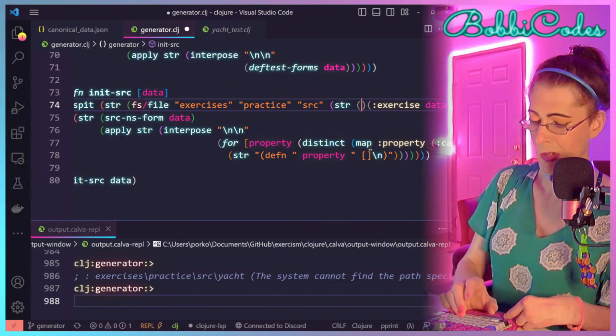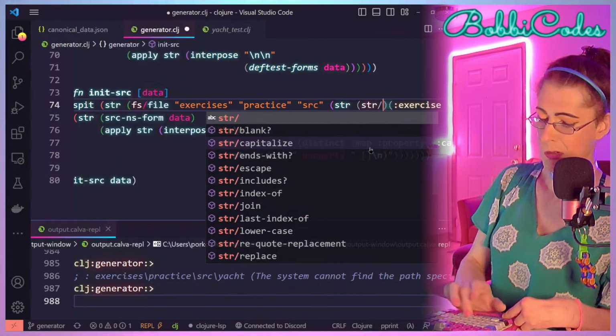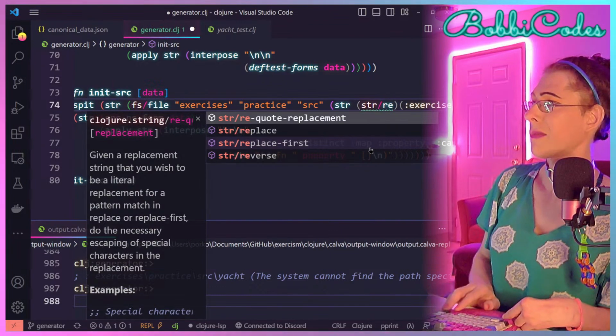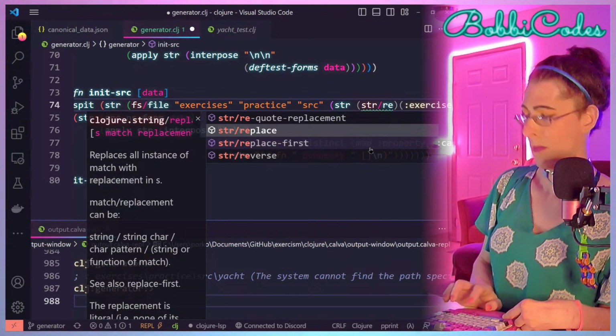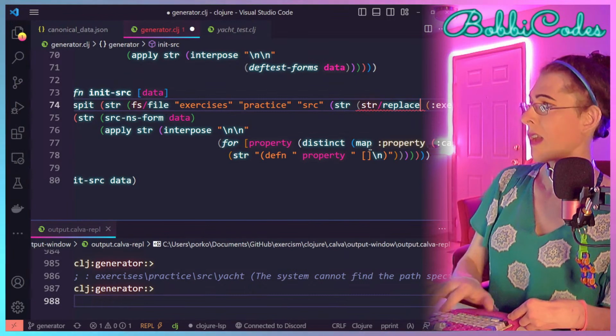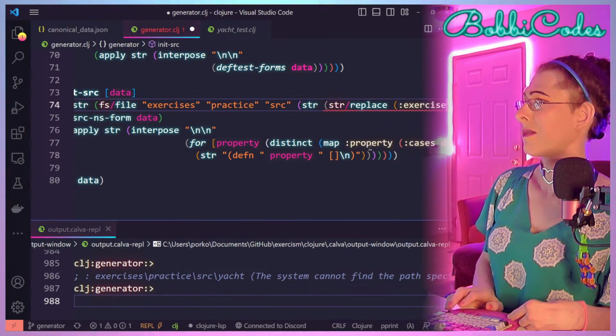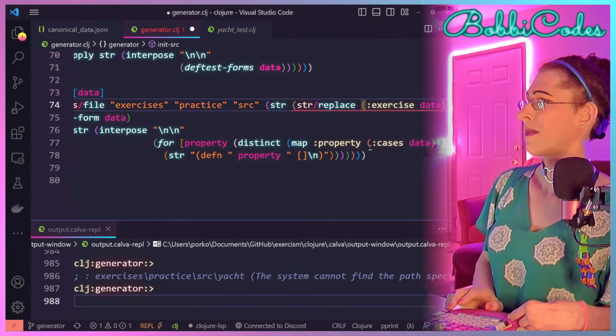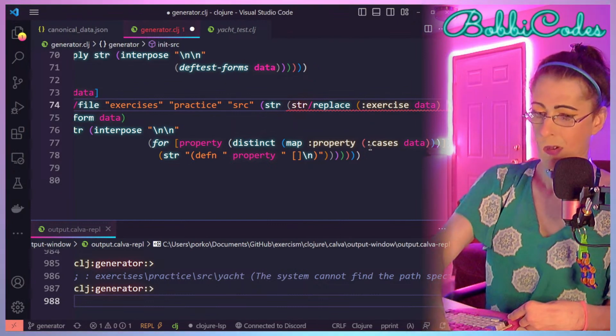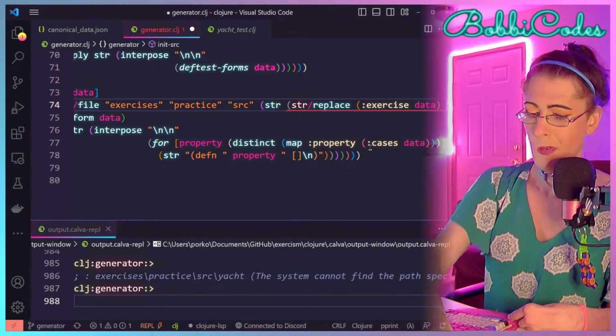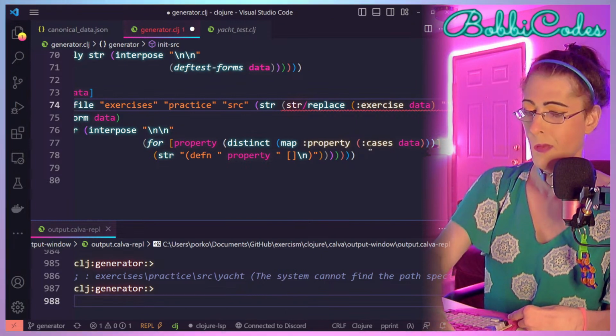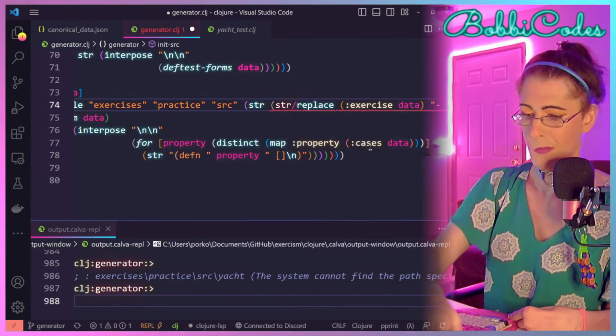Even though this one doesn't have it, so we'll do string replace that, and hyphens, oops.